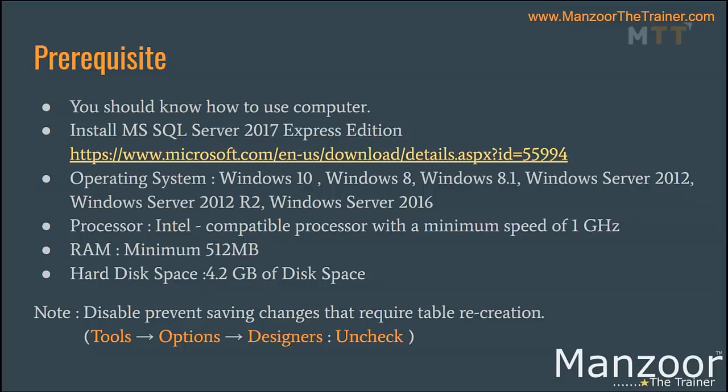So installation is very simple. Just you click this, then say next, next, next. You'll get the things working. So you need to install two things. One is Microsoft SQL Server, then Microsoft Management Studio or SQL Server Management Studio. So I have given those links in WhatsApp group. So those who do not have the links, they can ping me. I'll give you those links. So we need all these things for our SQL Server course to go smoothly.